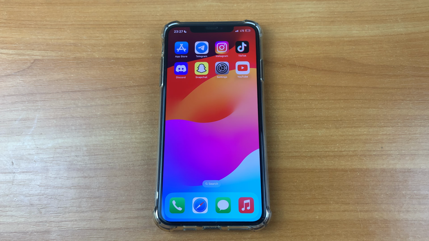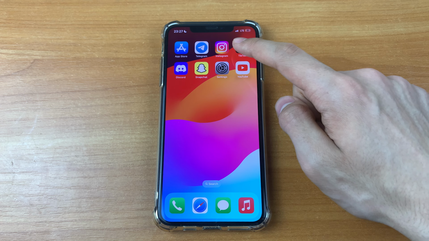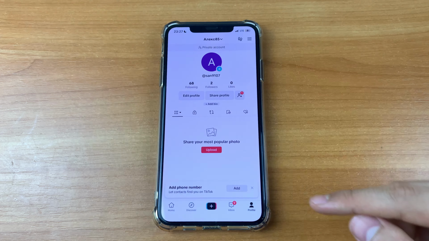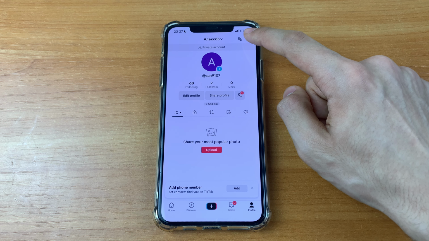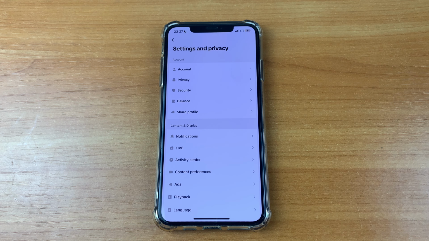Let's get started. First we need to go to TikTok. After that we need to go to our profile. Here click on these three lines and click settings and privacy.